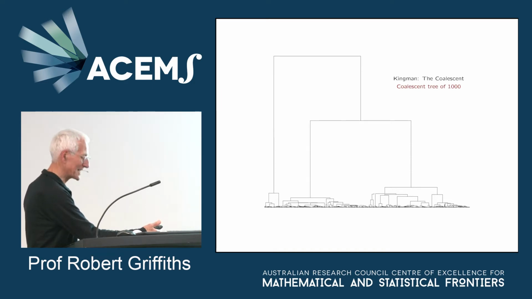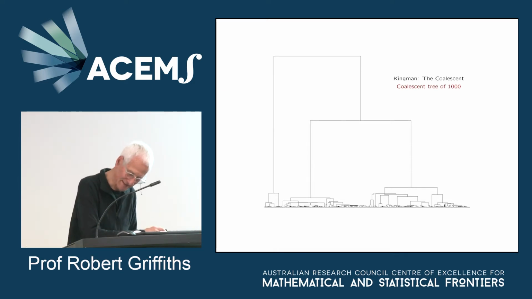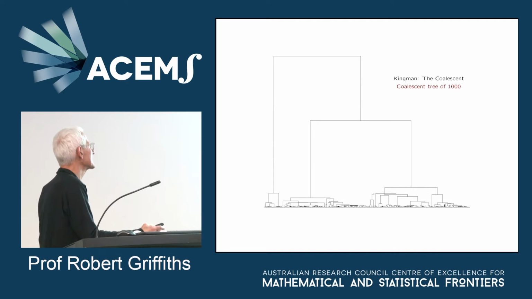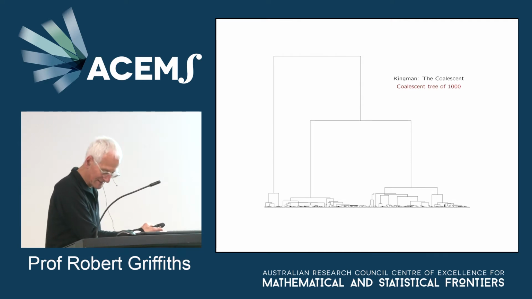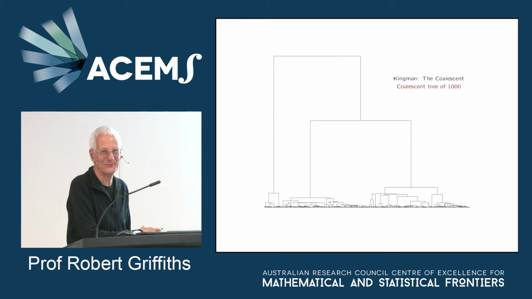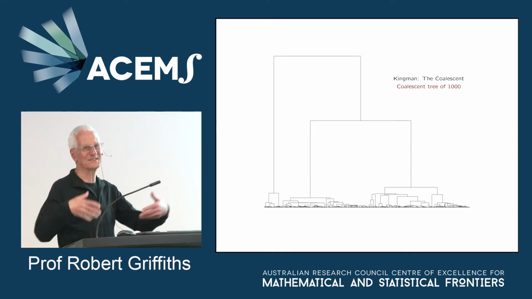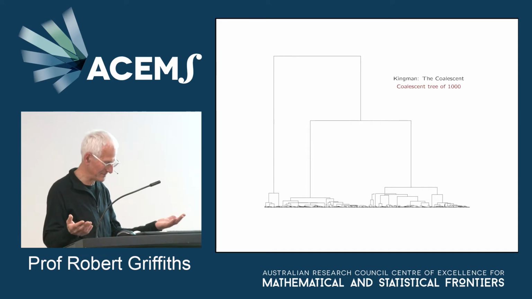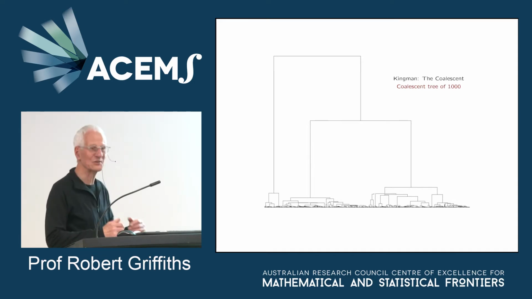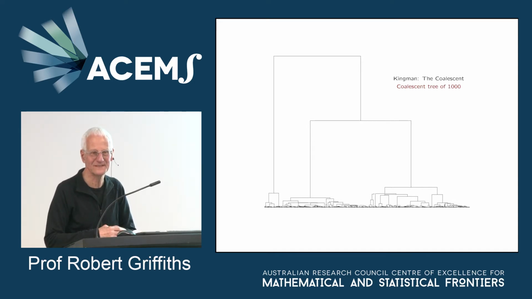For us, the coalescent was the important idea. This is a coalescent tree of 1,000, and this idea of the coalescent let people work backward in time. It caught on in biology very well, and biologists usually used to think forward in time and maybe simulate Wright-Fisher populations, but now you could actually look back in time and see what happened.